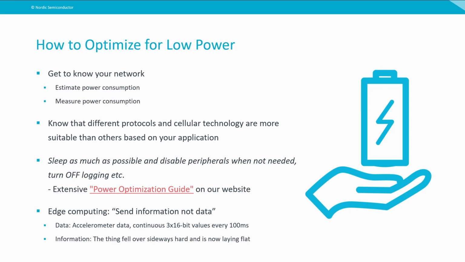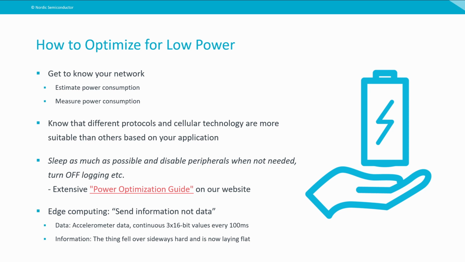LTE-M is more suited for asset tracking, for example, because it has built-in support for mobility and has higher throughput. And for applications in basements, for example underneath concrete, such as a power meter in a basement, it's best with NB-IoT, because it has better